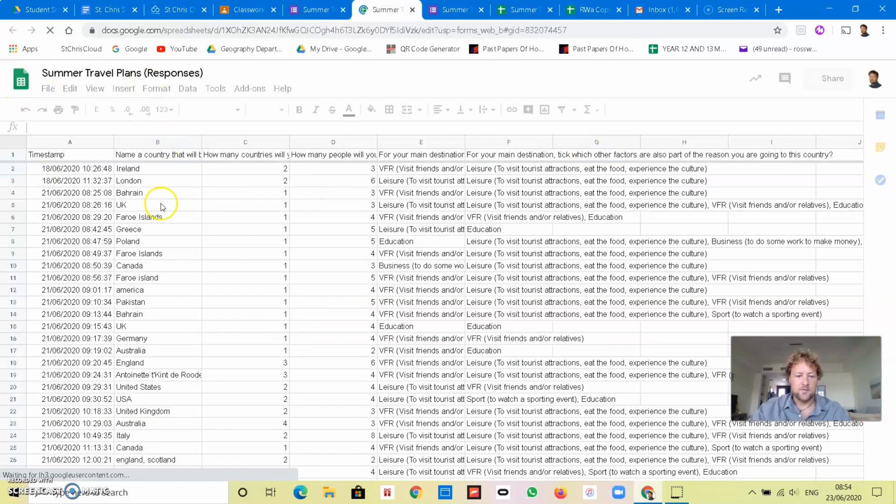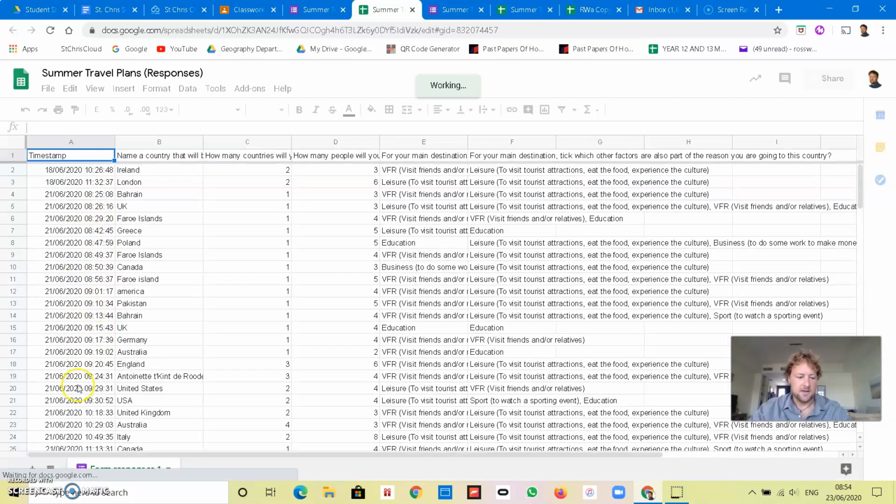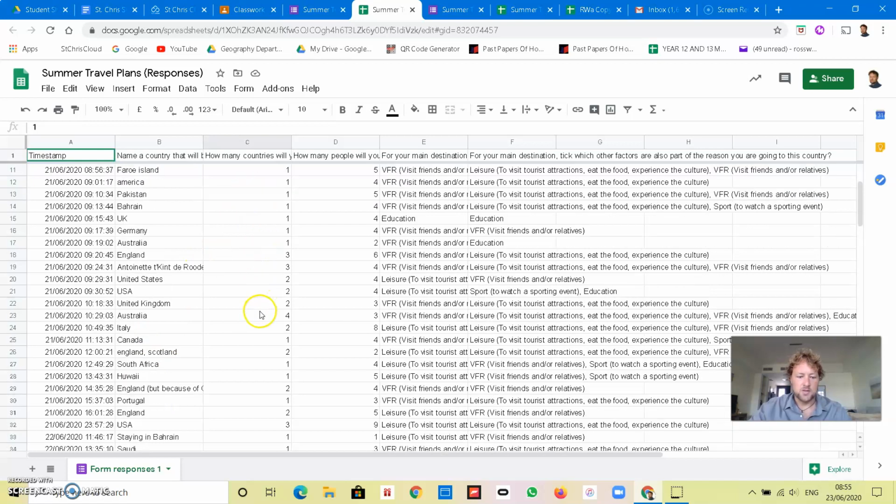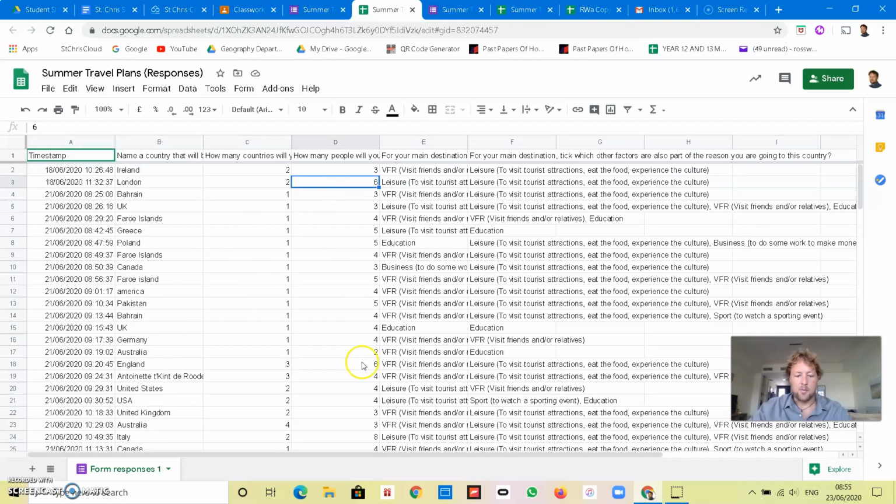And then we have summer travel plans, and then we have the time and date that someone logged in. We don't have their identity, we don't need to know that. Okay, we've got the country that they're going to visit, the main country that they put down, and then we've got how many other countries will they visit, how many people will they be traveling with, the main reason for